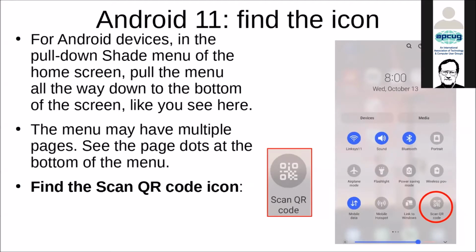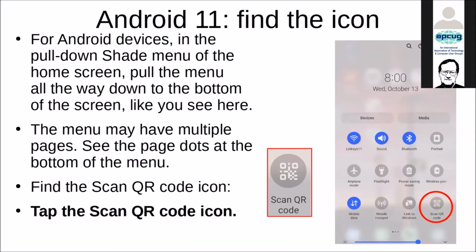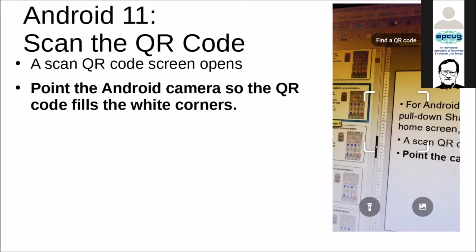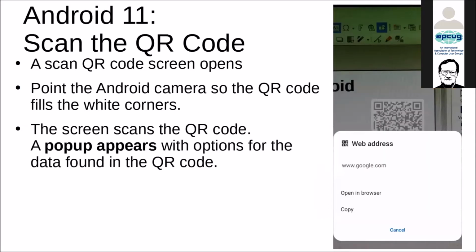Here I've magnified it for you. I've also circled where it appeared in the shade menu. Not necessarily in that same place on your device menu, but that's what you want to find. So when you tap that, here's what happens. A scan QR code screen opens, like the one you see here. What you're going to do is point the camera of the Android device so the camera depicts the QR code within those white corners. And once you do that,